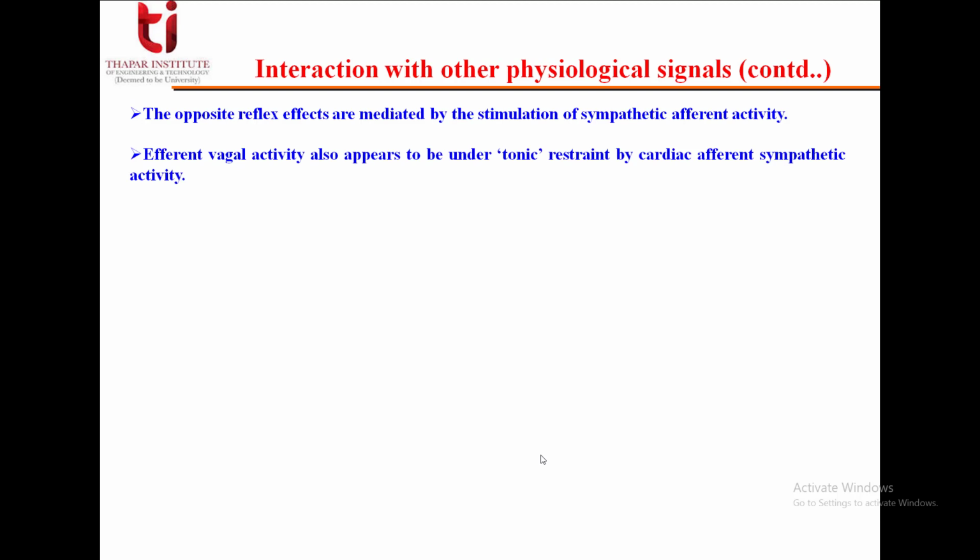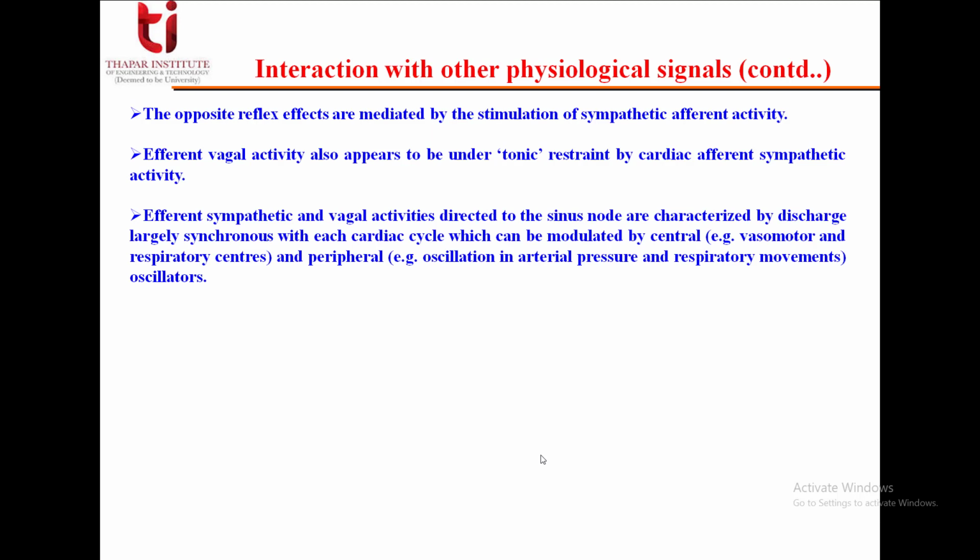Efferent vagal activity also appears to be under tonic restraint by cardiac afferent sympathetic activity. Efferent sympathetic and vagal activities directed to the sinus node are characterized by discharge largely synchronous with each cardiac cycle,